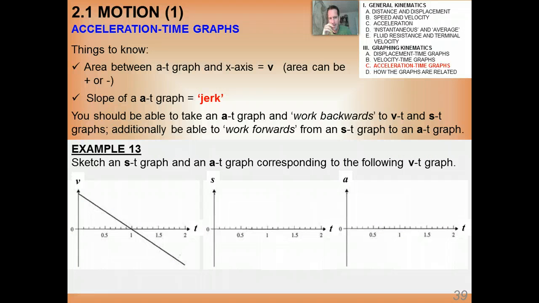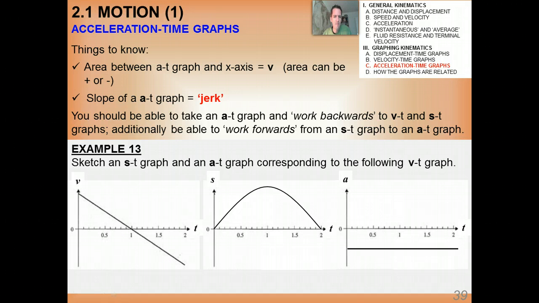Okay. So, for example 13, what you want to do, pause the video and sketch these graphs. Okay, so I give you a VT graph, and I want you to sketch a displacement time and an acceleration time graph corresponding to this particular VT graph, okay? It turns out that the acceleration graph is a straight horizontal line because the slope of the VT graph is negative and constant, okay? Now, it turns out that the displacement time graph is a concave down quadratic curve here,